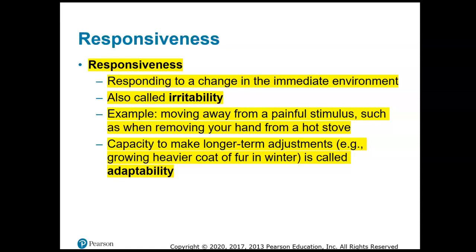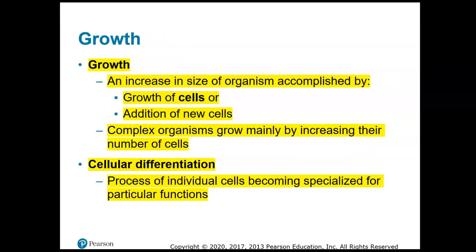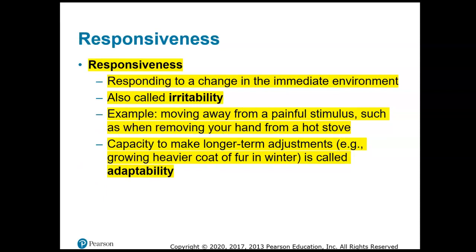Now, you also need to know the definition of this word adaptability, and that's the capacity to make long-term adjustments. They give an example for animals that have fur, but for humans, we know to put on a coat. We don't grow a coat of fur, but we know to put one on whenever we're cold, and we know to take it off when we're hot. So that would be an example of adaptability in humans. So responsiveness, remember, is just responding to a